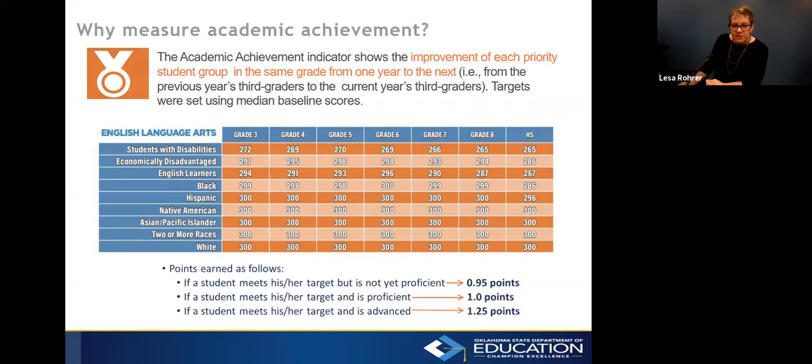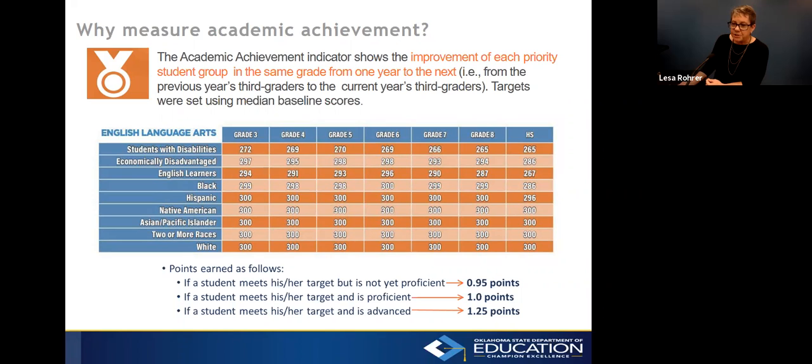This target's at 272. That's less than proficient because our students with disabilities, when we actually looked at their scores, they were scoring below that 300 target. So we used their median score to set a more reasonable or an attainable target that does increase over time. So 272, if I have a student in grade 3 that's identified as a student with disabilities, they would earn points in this indicator for scoring a 272 or higher. This is different from our previous system, and I know we've talked a lot about that.